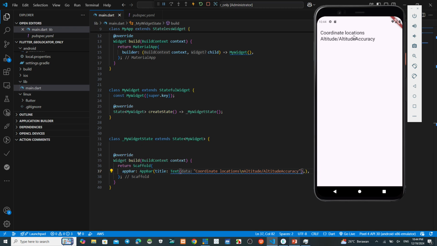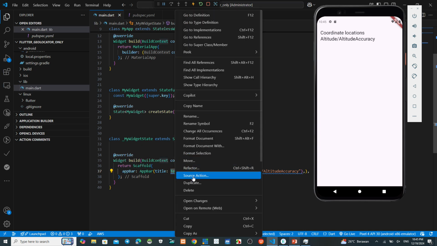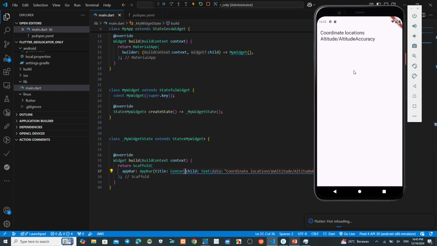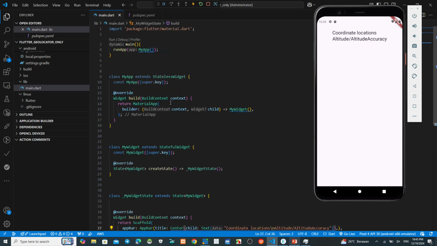Okay, you can see this, and then we make this app bar to the center. Right click here, refactor, center. Okay. After that, we remove this debug icon here.